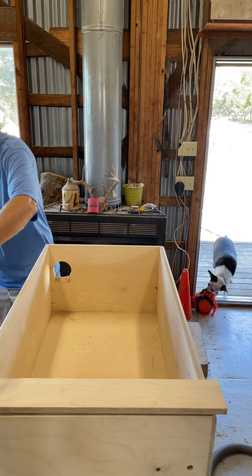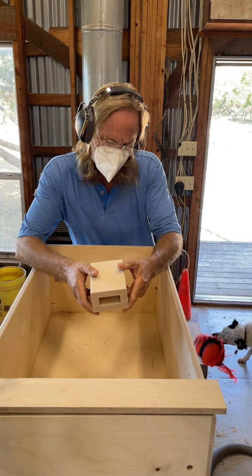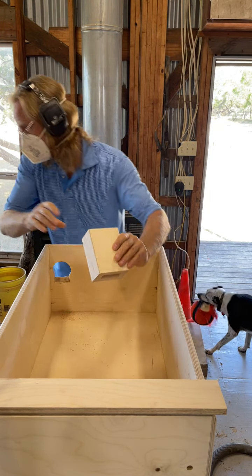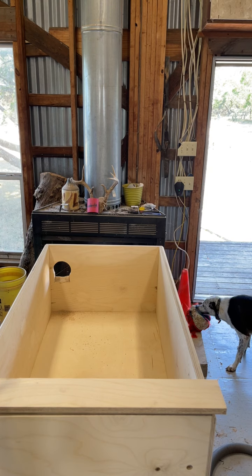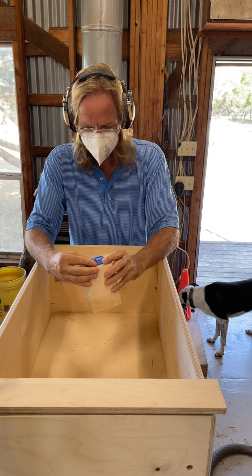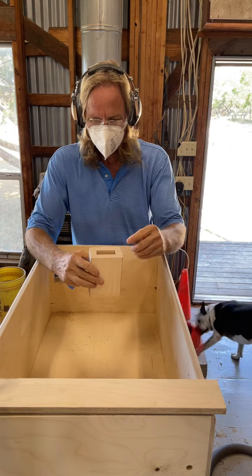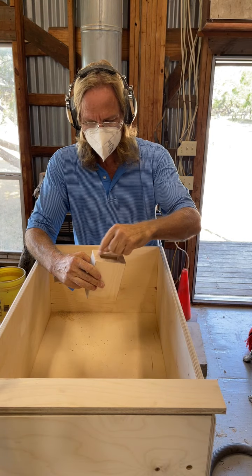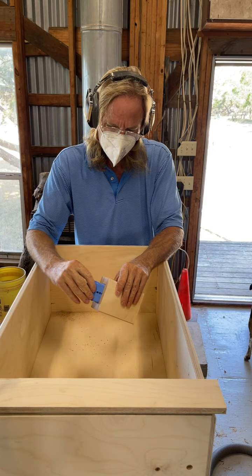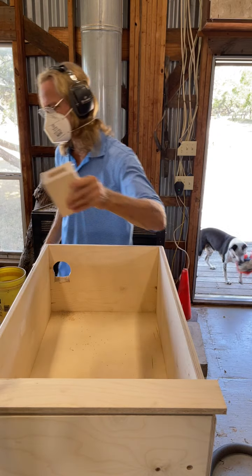Now, I built up a long piece, about 5 feet long, with multiple layers of plywood. And I did it to create a device to hold my Anderson connector. And after gluing up these layers, and one of these had to be ripped to give me the right thickness to hold the Anderson connector. And after doing that, I went through,